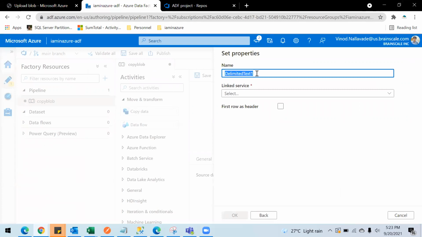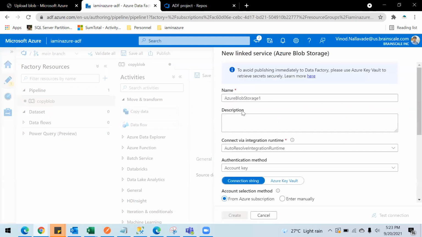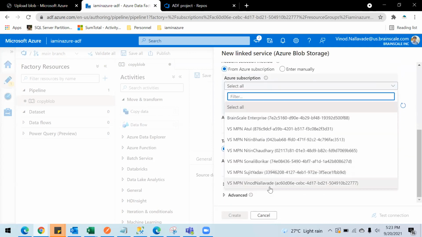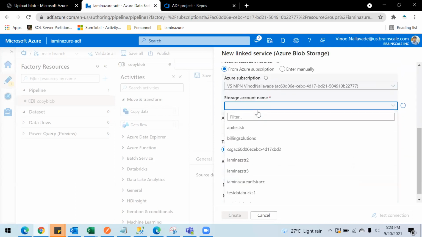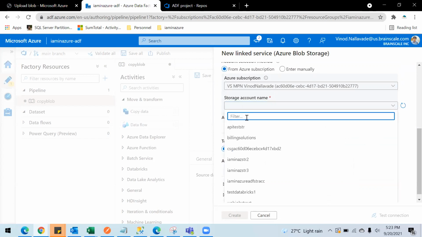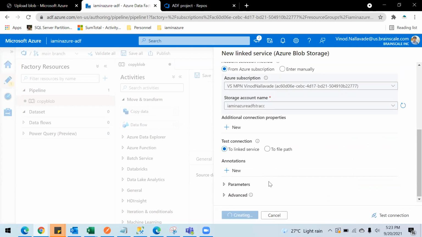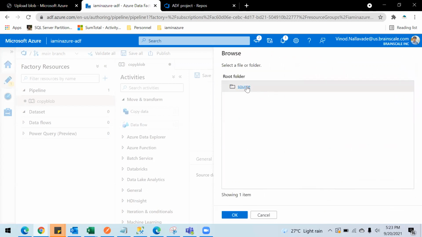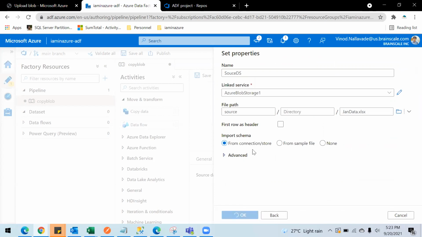So let's just name this data set as a source data set, and I need to add a linked service as well. So I'm going to select the subscription and the storage account as this, and create, and I have to select the container now, source. Here you go, and save this.